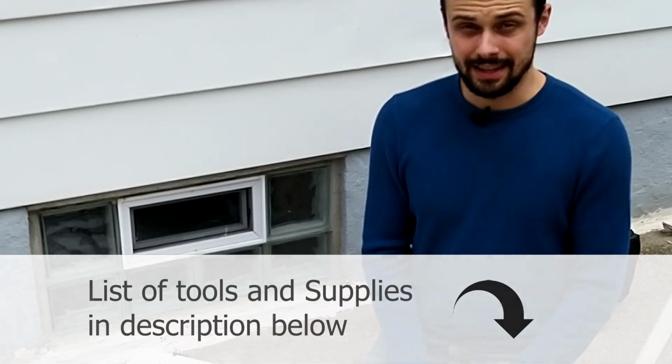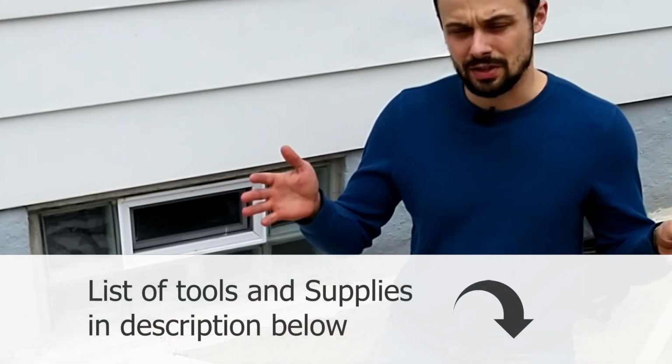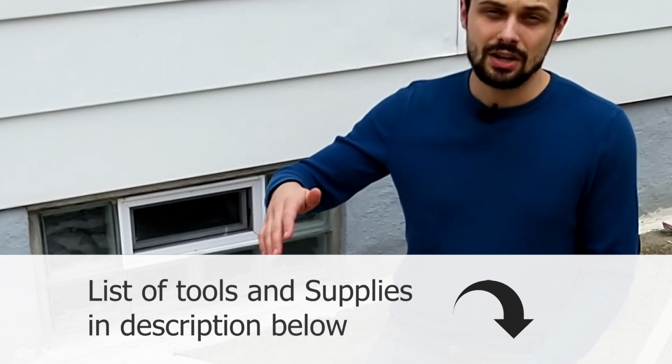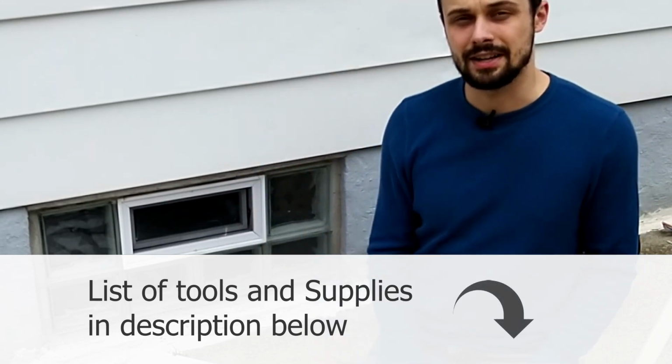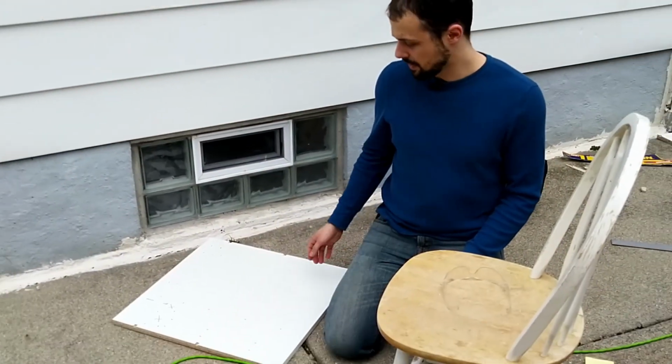There's a few interesting things that we'll run into with this. For example, on either side, there's not very much support to anchor supports for the shelf, so we're going to have to run vertical supports that will be screwed into a stud, and then there's two back corner places that have supports that I can screw into to anchor the shelf. So we'll be using